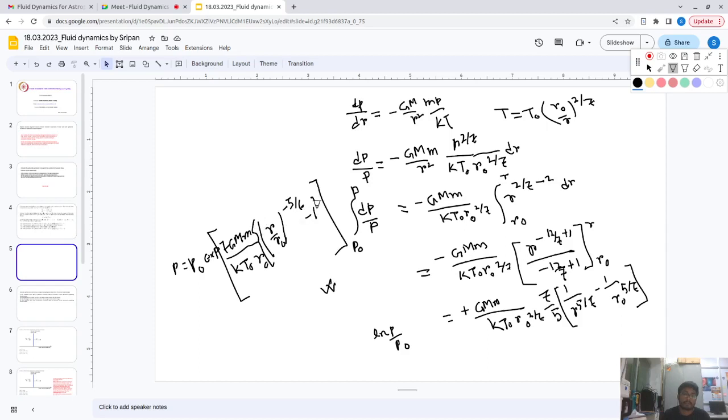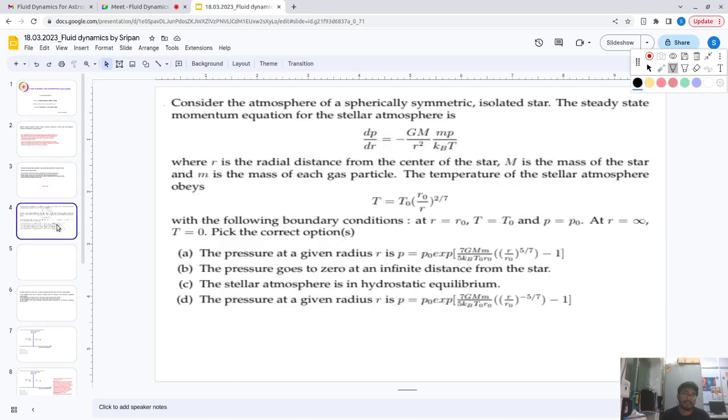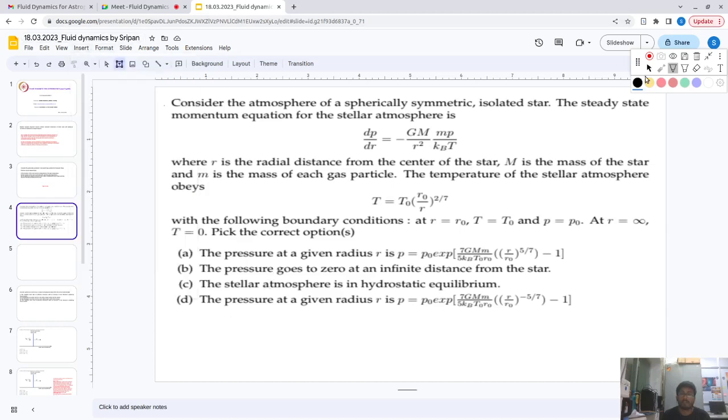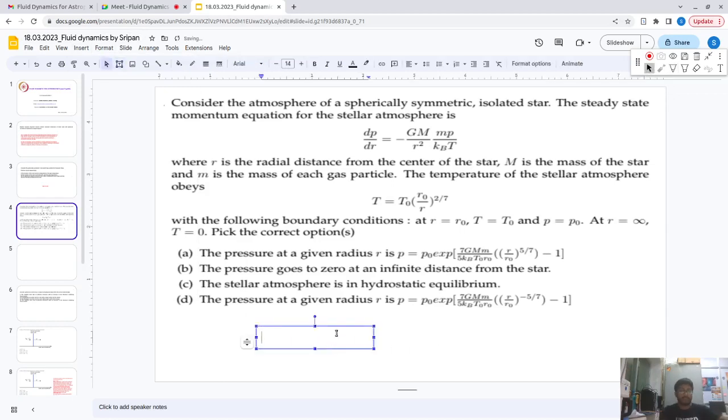Okay, and this is your answer. So this one is your answer. Okay, so this one, format, insert. So yeah, so the answer is B. And another thing is the pressure goes to 0 at an infinite distance from the sun, from the star,